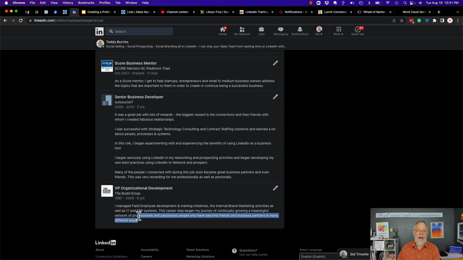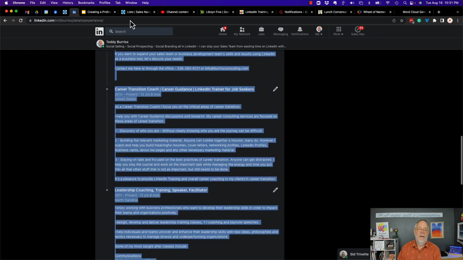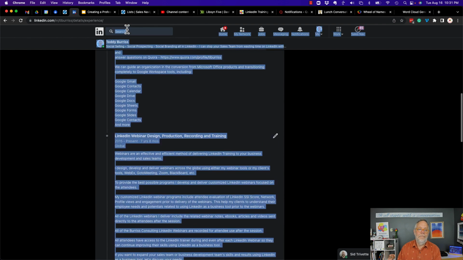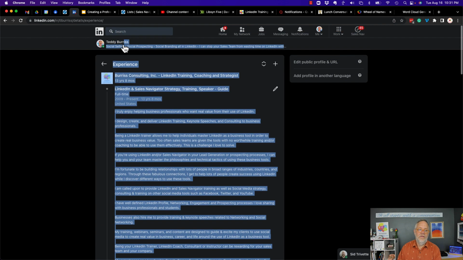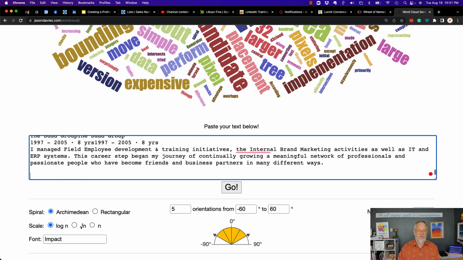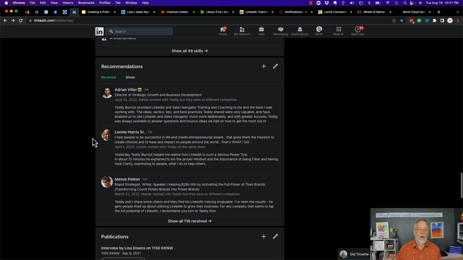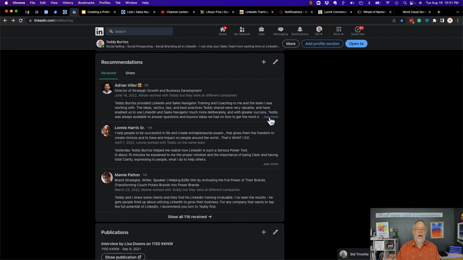Good. So then I can highlight, start at the bottom. Always start at the bottom of the section and go up and highlight, go to the top of the experience section. And then copy that, Control-C, go back to the word cloud, paste that in there, get to the bottom. Some of this stuff's going to get in the way, but I'm not too worried about it. Then go to the next section, come out of experience. All I'm trying to do is highlight all of this.